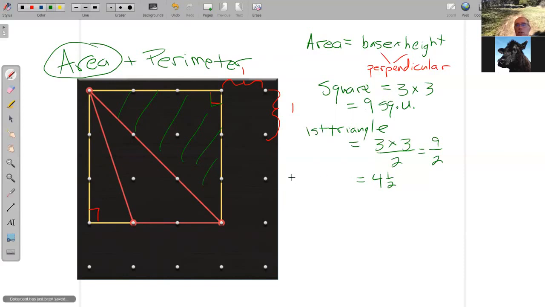and ask a question. So from the 9, I can take away that 4.5. And I also want to get rid of this triangle over here. So I have to find its area and take it away. And whatever's left has to be that one right there. So the second triangle,